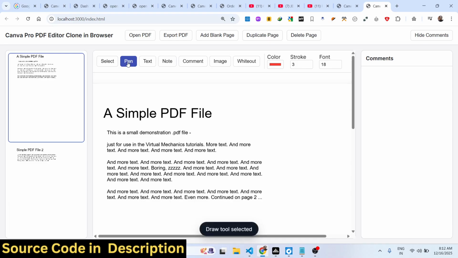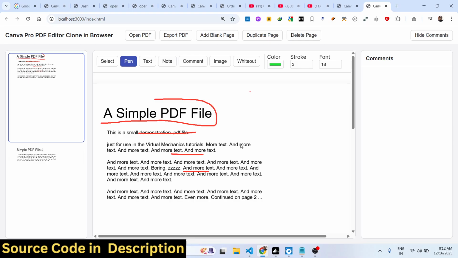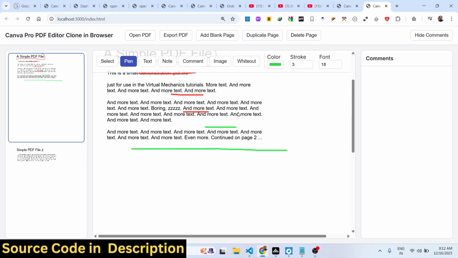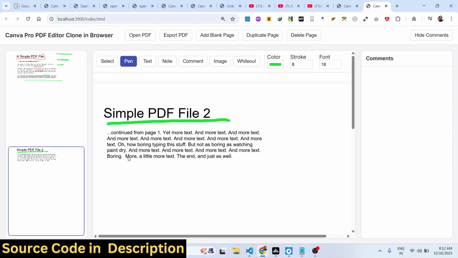So you select the pen operator. So simply you can select the PDF here. You can highlight anything right here using this. You also have the capability to change the color using the color picker. So change the color here and you can just see how easy it is. You can even change the stroke level as well, and then you can go to the next page, do the